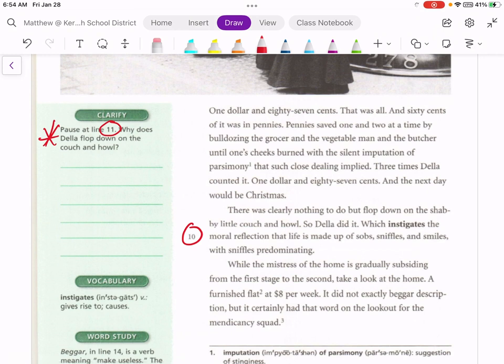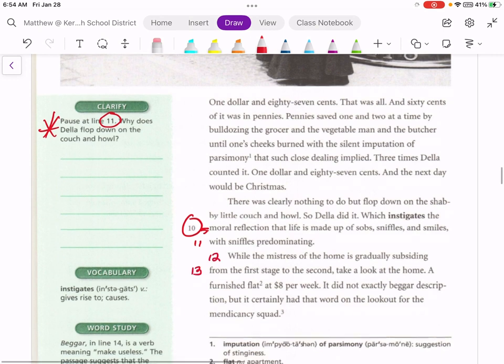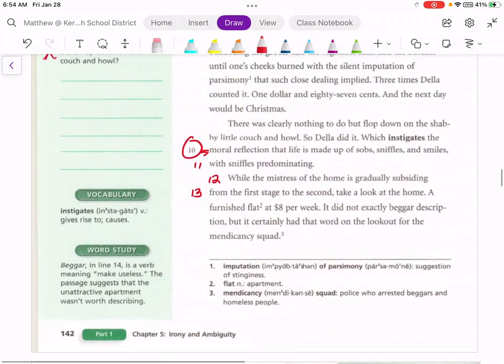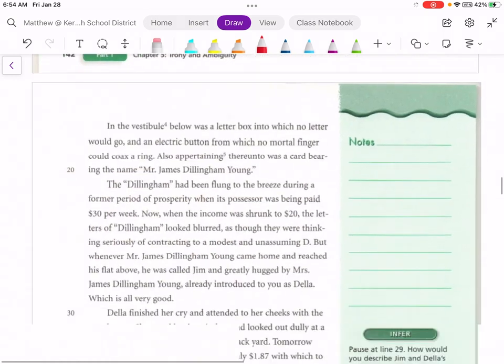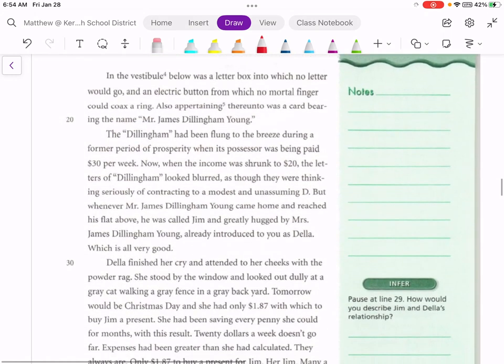This is line 10, and that means this would be line 11. This would be line 12, 13, and so on. So any of the questions, beggar in line 14, this would be line 14, word beggar. So please use the numerical hints on the sides here to direct you if you're looking for a specific line.